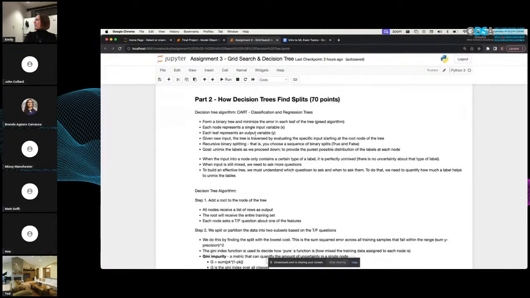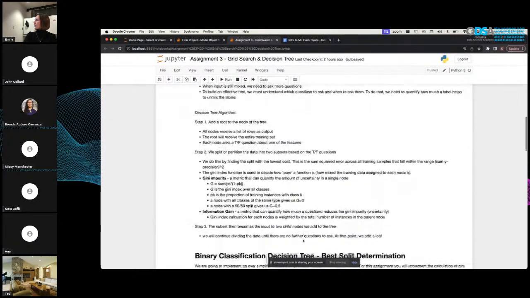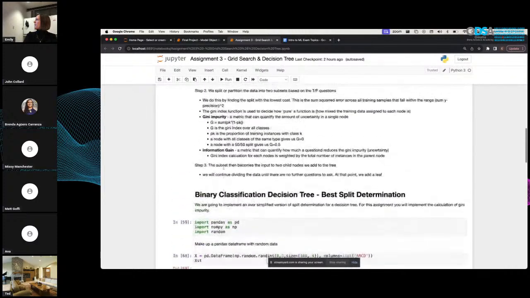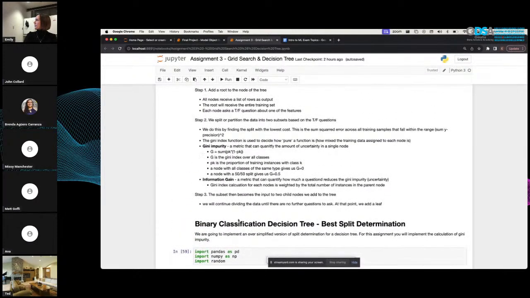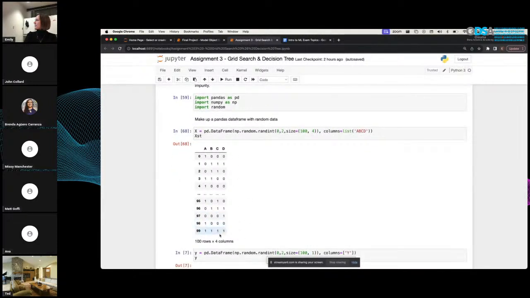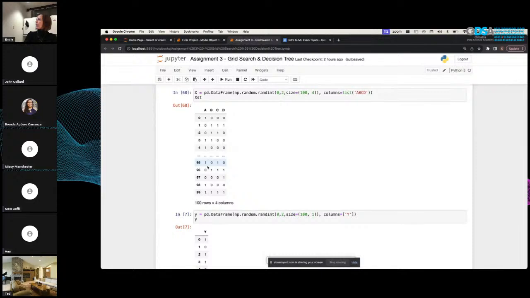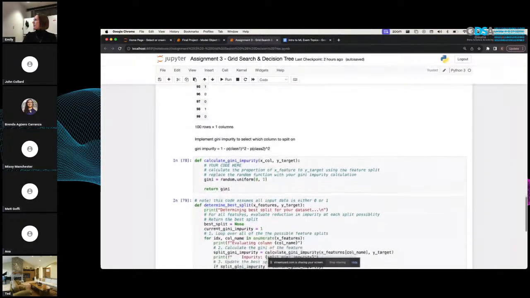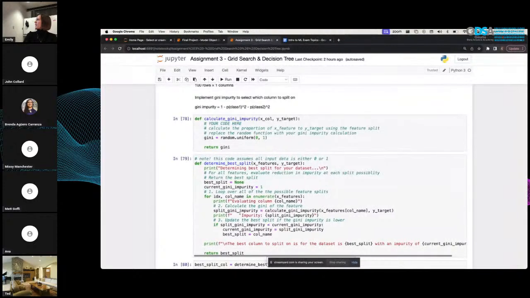So I'm just describing our decision tree algorithm here and maybe trying to explain some steps if it's helpful. What I'm going to have you do is implement this Gini impurity, which is what we're going to learn today. So I just made a fake data set here. Some X values and then some Y values. They're all binary, all 0, 1. And so I really, really oversimplified this decision tree.